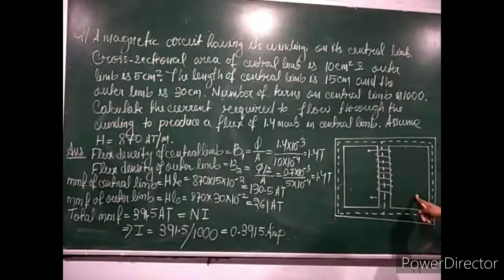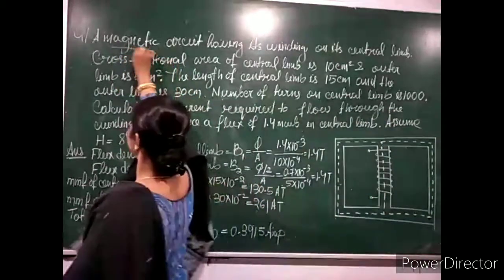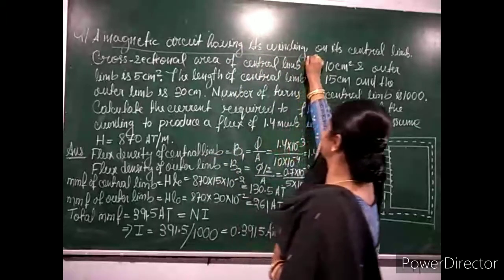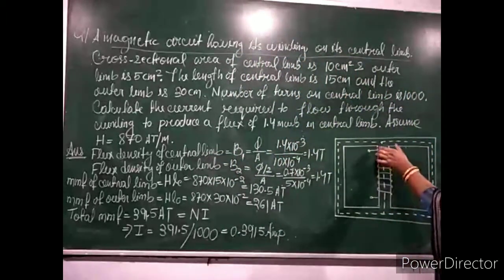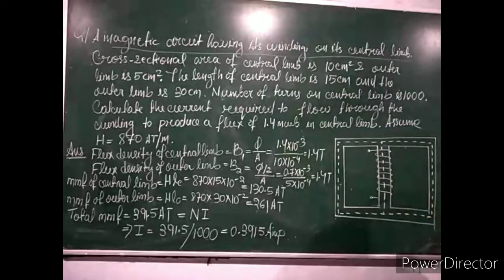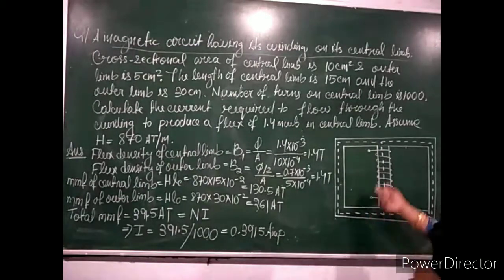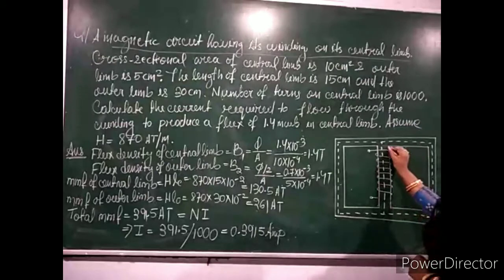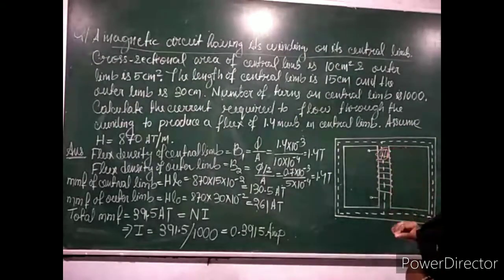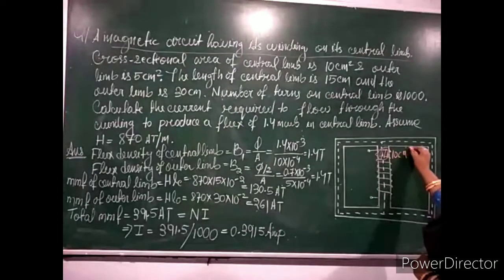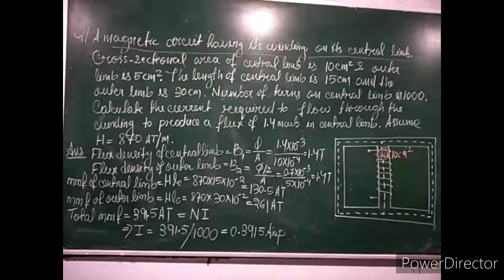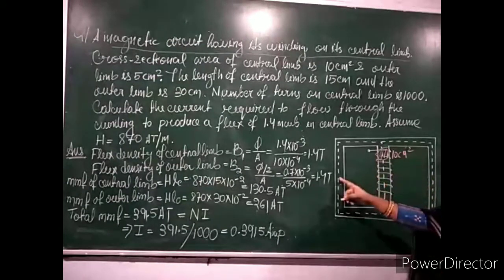So in my question, it is given that a magnetic circuit having its winding on its central limb. This is the central limb of this magnetic circuit, which consists of winding. The cross-sectional area of the central limb is 10 centimeter square, and the outer limb, this one and this one,